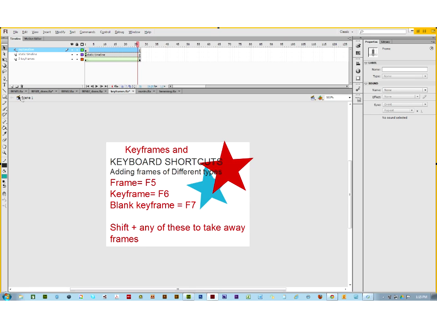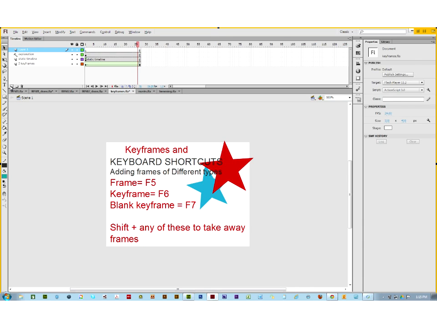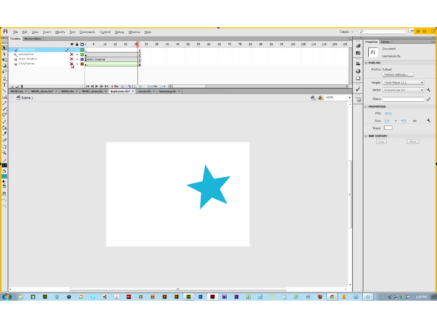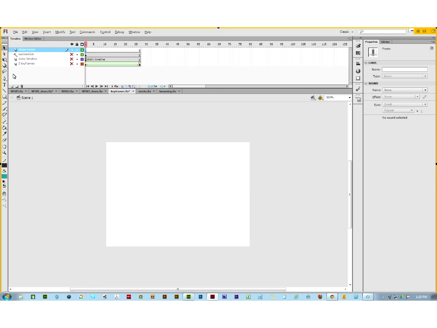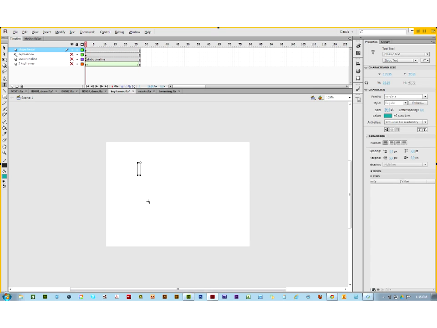Then we have blank keyframes. And adding a blank keyframe is really when you are wanting to create a shape tween. It's really the best time that you would use it. So I'm just going to type in shape tween here. I'm going to hide these layers. Okay? And I'm going to put here an F